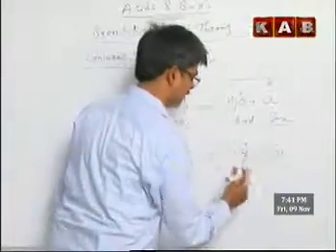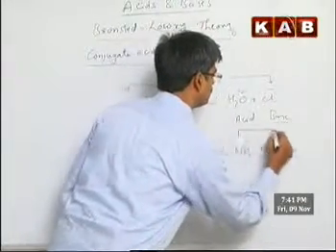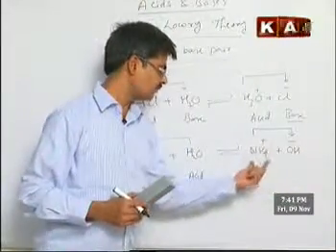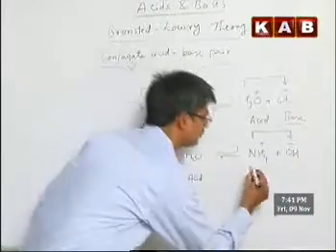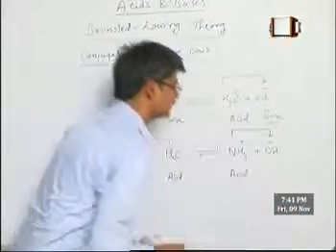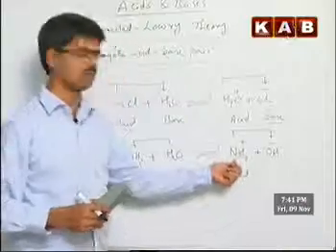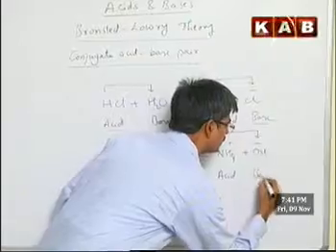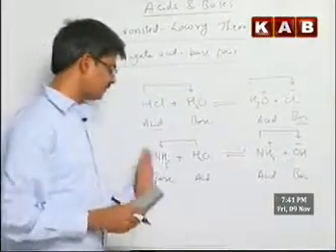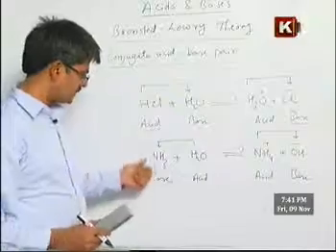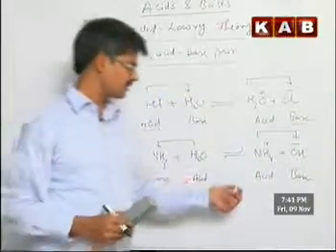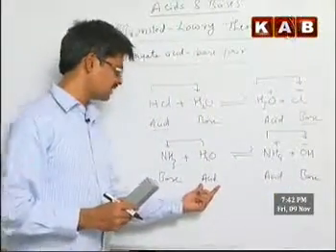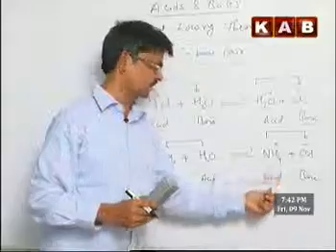And then in the backward direction, ammonium ion is giving one proton to OH minus. So ammonium ion is a proton donor, therefore ammonium ion is an acid. And OH minus is accepting a proton from ammonium ion, therefore OH minus is a base for us. Now in this example, in the forward direction, ammonia is acting as a base, and in the backward direction, OH minus acts as a base. In the forward direction, water acts as an acid, and in the backward direction, ammonium ion acts as an acid.